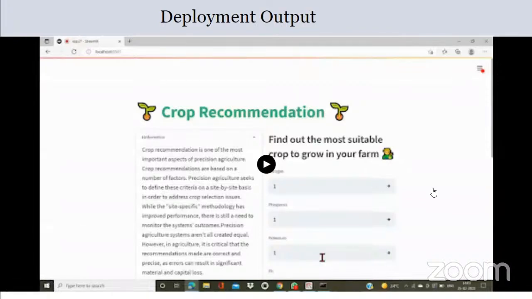Now I will be telling you the working of this model, how it will take the input and how it will help decide the type of crop which we can grow. Here in the web page, we can design this module, in which you can see the screen where the calculation will help the farmer choose a more suitable crop which they can grow. Here you can see the values of different minerals.